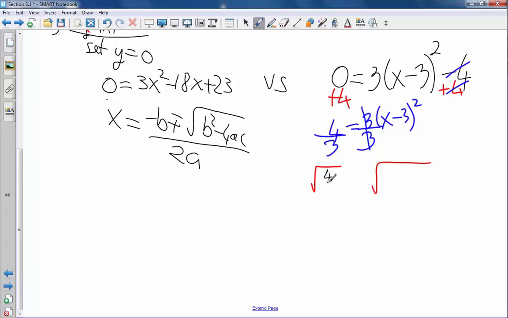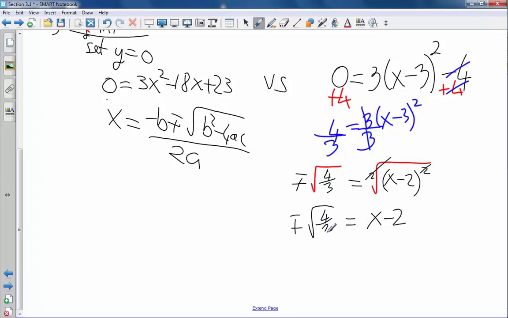Square root of 4/3 equals square root of x minus 3 squared. These two will cancel. Don't forget plus minus though. There is a risk you can make a mistake here though. Don't forget plus minus. X minus 3 equals plus minus